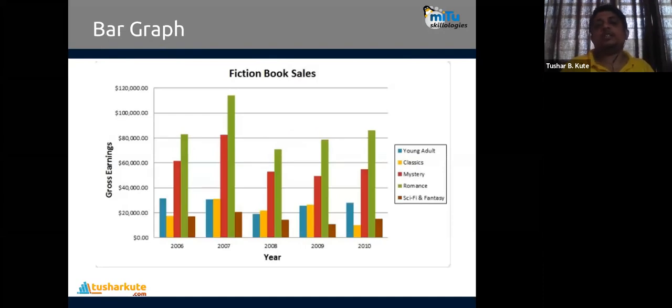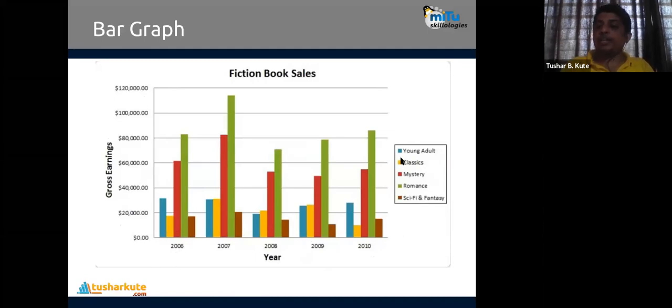This is what we call the stacked bar chart. Multiple bar charts, not stacked. I'll say stacked one, multiple bar chart. These are fiction book sales for a particular company. This is gross earning, and here you can see five kinds of bars for every year. Multiple bar charts.